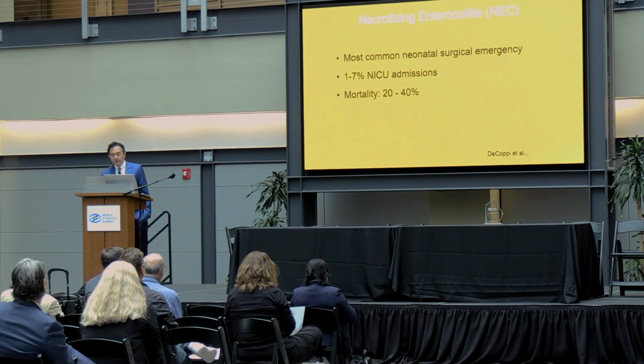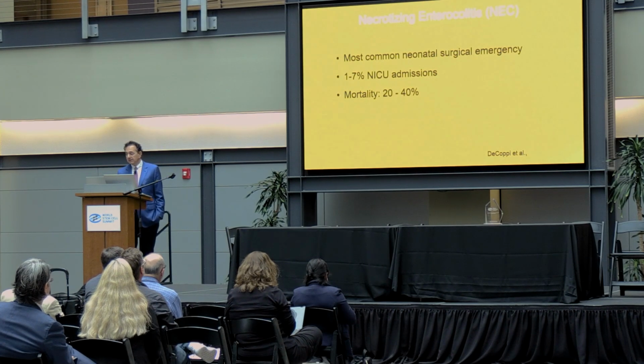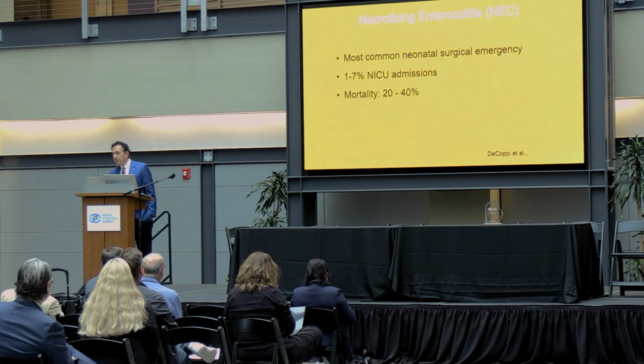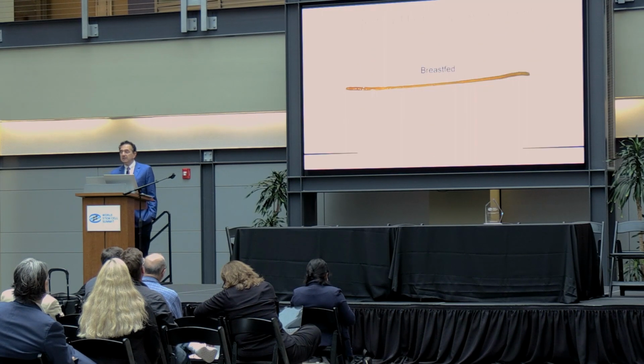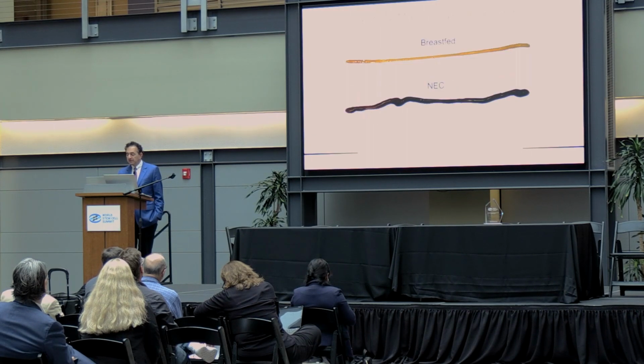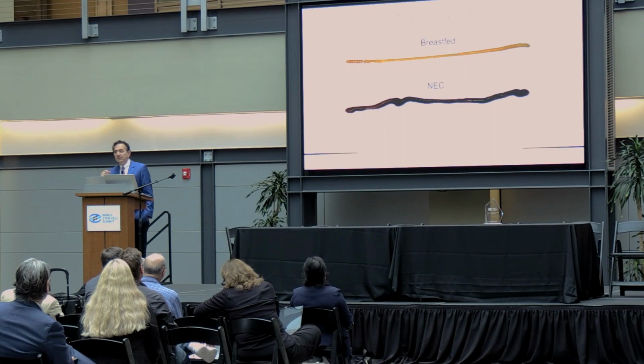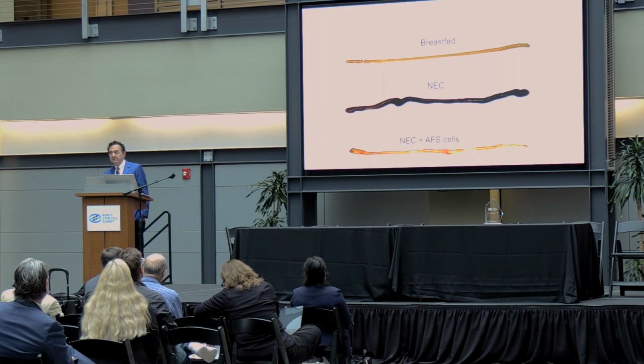And we're using them experimentally for necrotizing enterocolitis, which, as you know, has a high mortality rate of up to 40%. So what we do here is we create a very well accepted model for necrotizing enterocolitis. You can see here the breastfed intestine. You can see here the necrotizing enterocolitis, which is basically a dead intestine, it is necrosed. And then you're going to see in the next slide the necrotizing intestine treated with the stem cells,